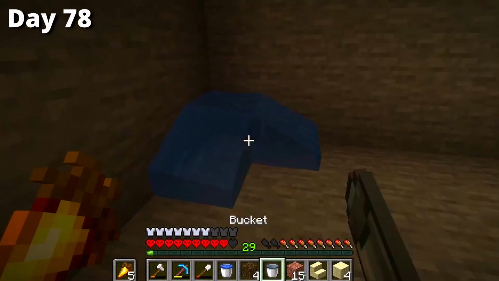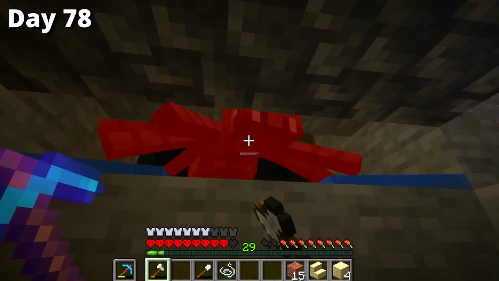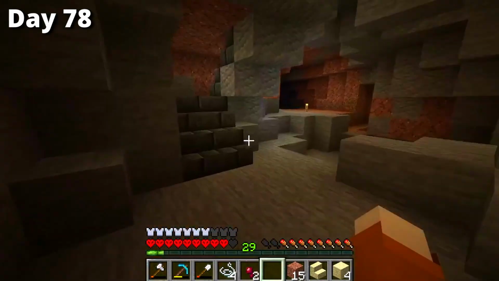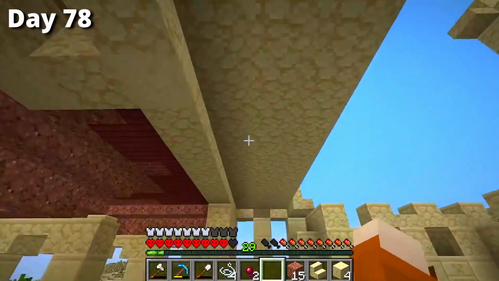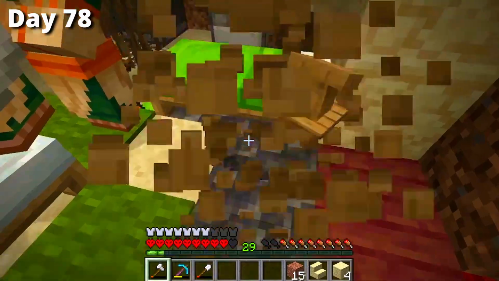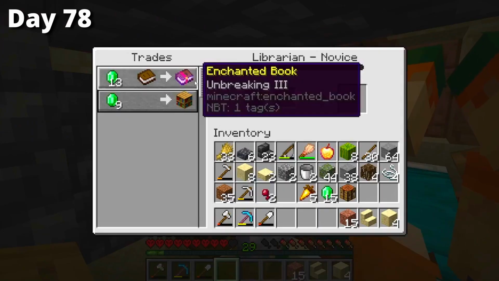I finished the spider spawner and broke the light but made it out alive and spent some time killing spiders. Not for too long though, since I did only have one thing with mending on it so far, and I really wanted to get back and finish the build, but before I could do that I had a stubborn librarian to deal with, so I refreshed the trade until I got something decent, which was an Unbreaking 3 book for